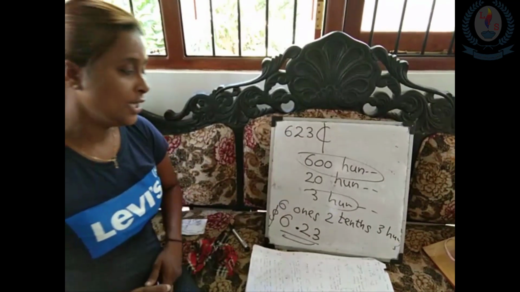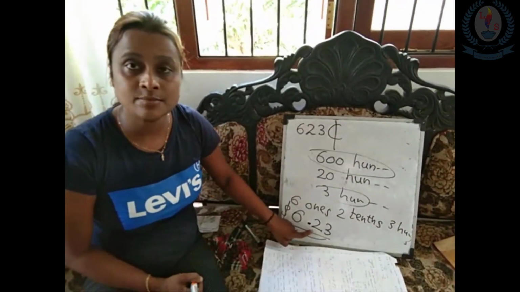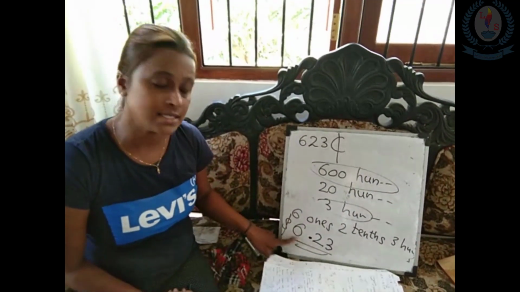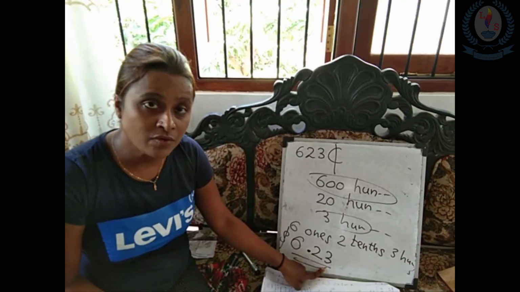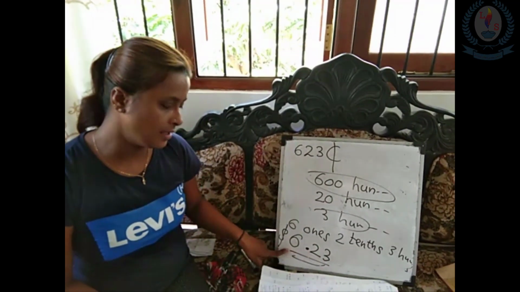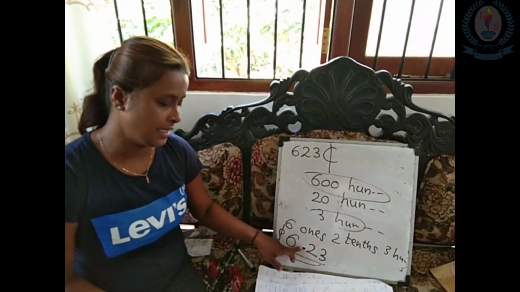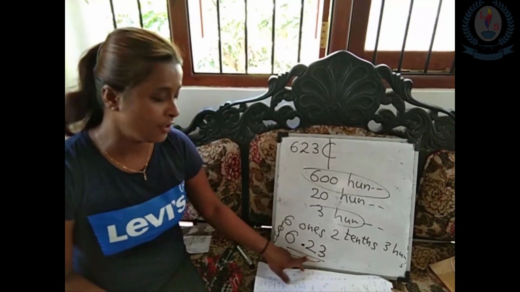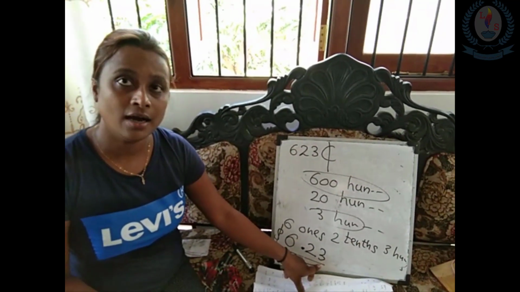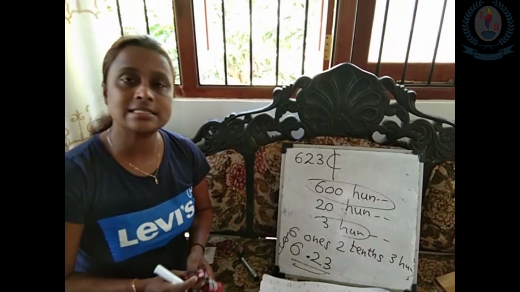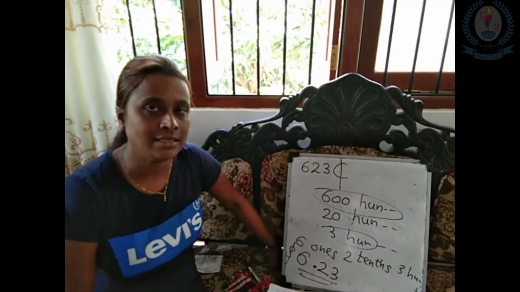To do this, you should have a clear understanding about the decimal point, the ones place, the tens place and the hundreds place. Again I will remind, the number on the left side of the decimal point is always the ones place. The first number on the right side of the decimal point is tens and the second number is hundreds. Okay, now it's clear to you. Then you can do the activities in the book.